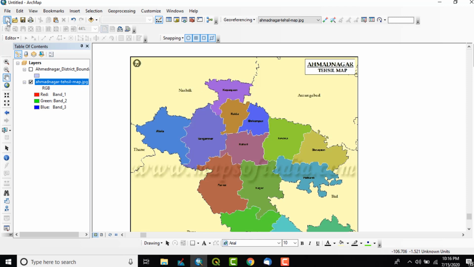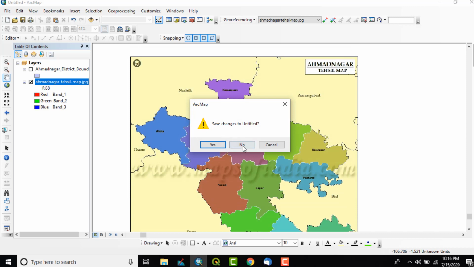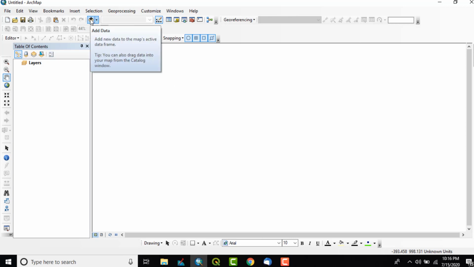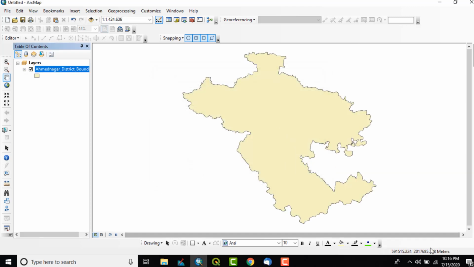Now let us open the software fresh: go to new, take blank map and say OK. Save changes? No. Now again I'll first add the Ahmednagar district shapefile, the district boundary. Why am I adding this shapefile first? Because it has the spatial component, it has the spatial reference.